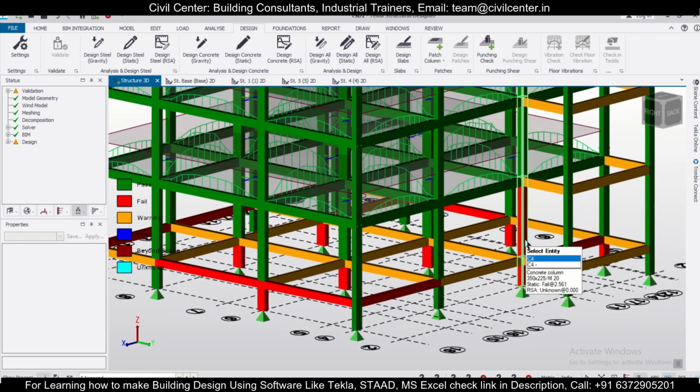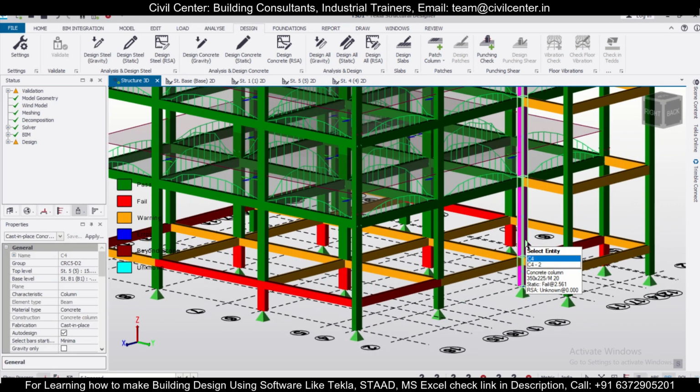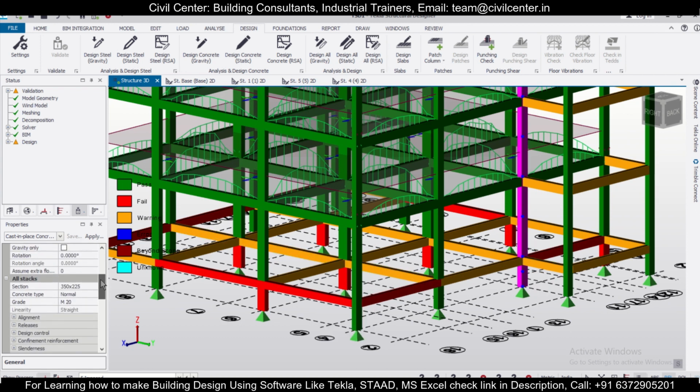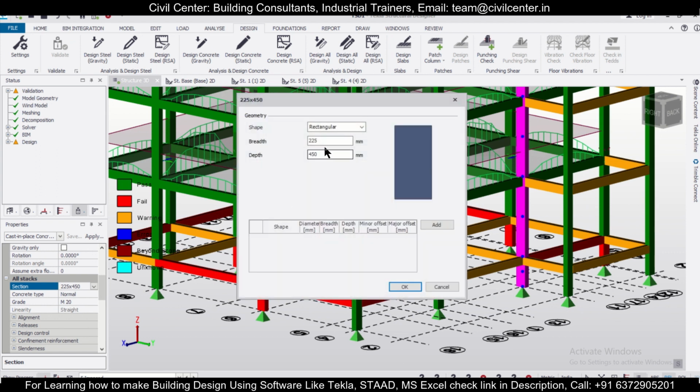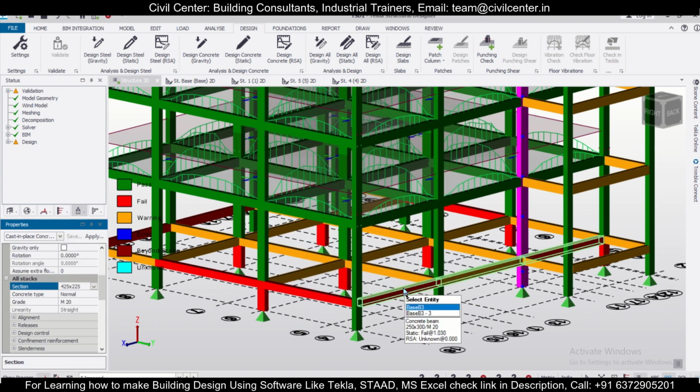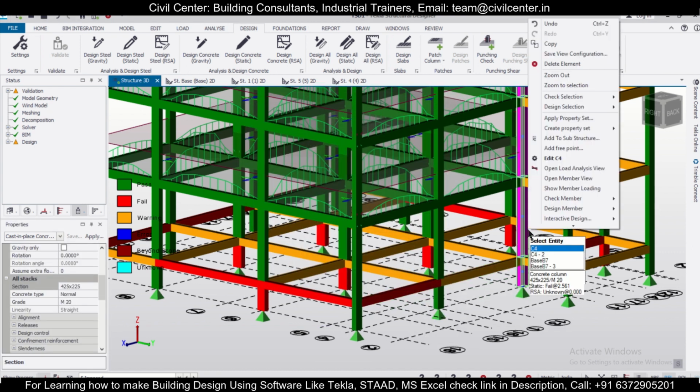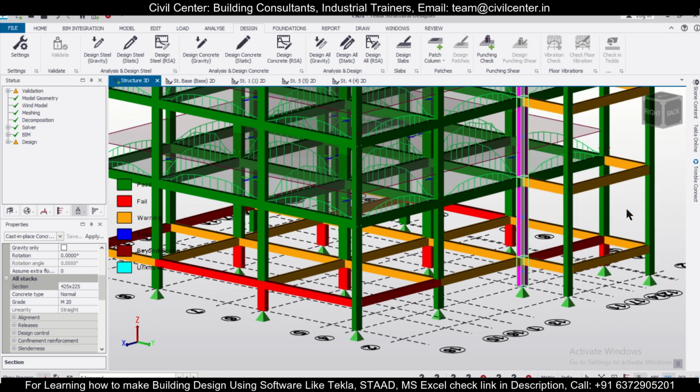In this column it seems that some more load is coming, so we'll increase this particular section. Instead of 350, we'll do this as 425 into 225, and click on OK. Right click, design member static.